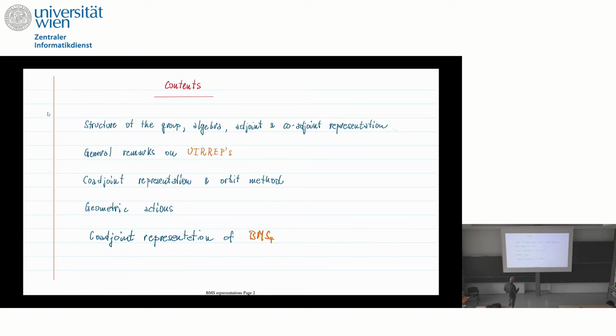Of course, one of my favorite objects in this thing is these geometric actions that are due to Faddeev, Shatashvili and Alekseev, in fact, and then I will make the standard remarks that you have heard me make before about BMS4. And if you stay to the very end, I will just make one slide about what I really wanted to talk about, but that's for the very end.